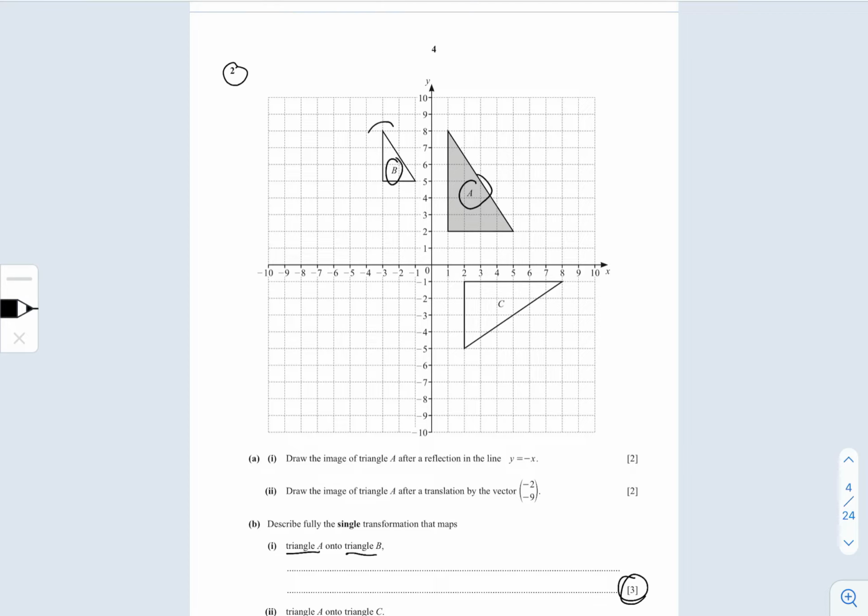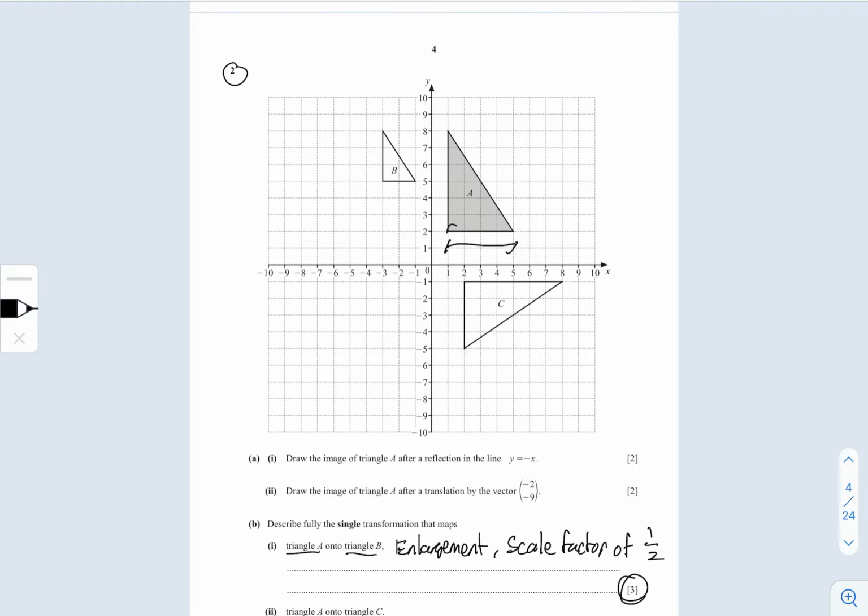Now let's look at triangle A and triangle B. So obviously the size has changed between triangle A and triangle B. Therefore, because of that, it is an enlargement transformation, but just smaller rather than bigger. So we know that 1, it is an enlargement, which will give you 1 point, and with a scale factor of half,